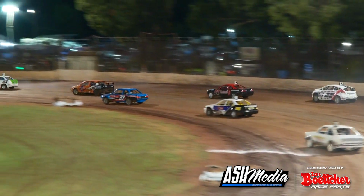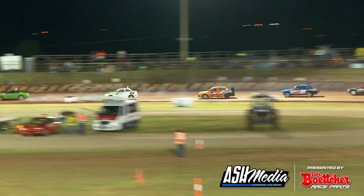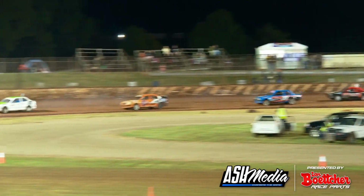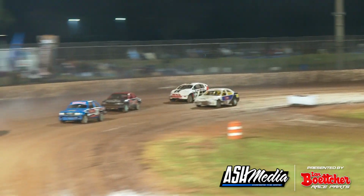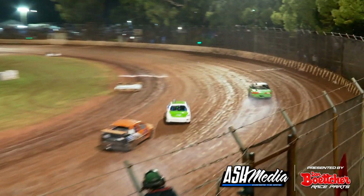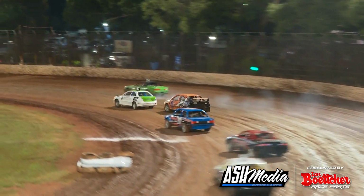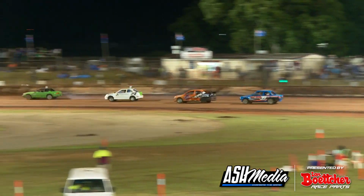Car 62 looking for some room around the outside. Bevan Burton is out there as well in the 12. Next one through would be that of Darren Brumpton, but at the moment they're all chasing Andrew Pickering. Underneath the tower he goes. The thing's blowing a bit of smoke as they head down the back straightaway, and Josh Rigby is not too